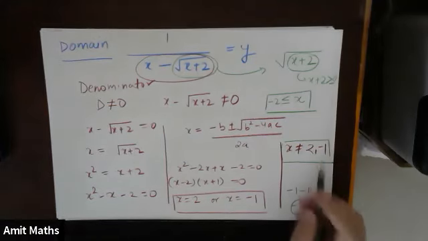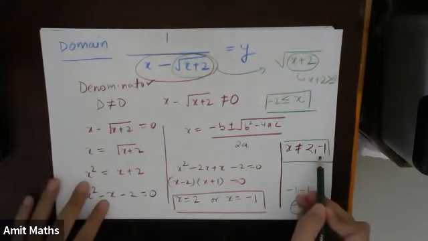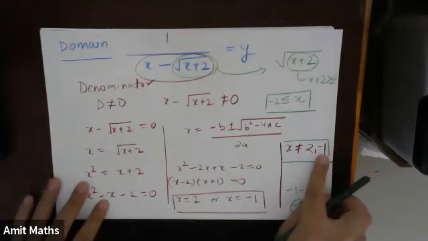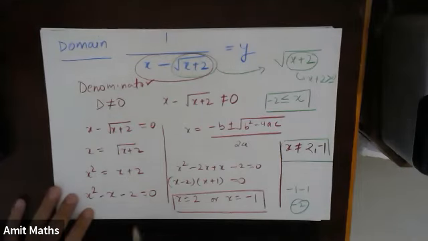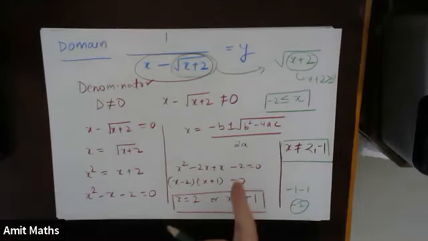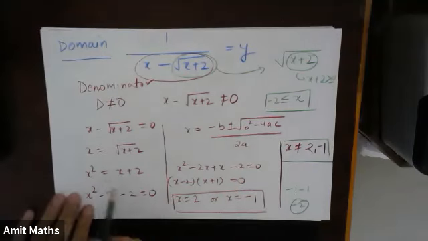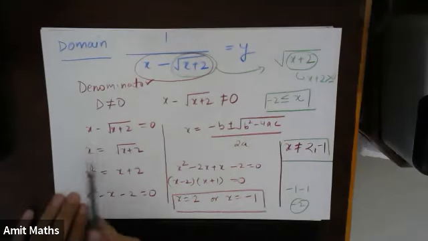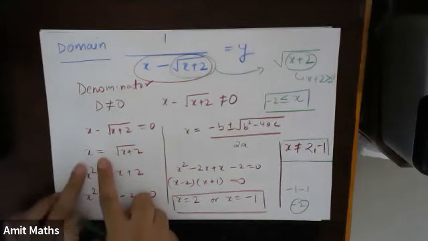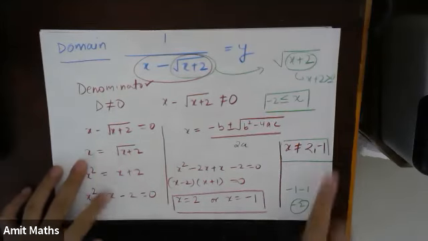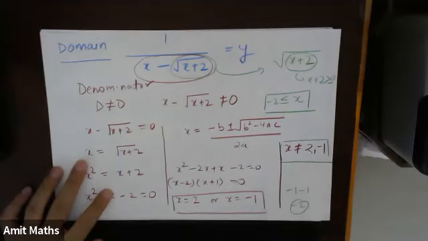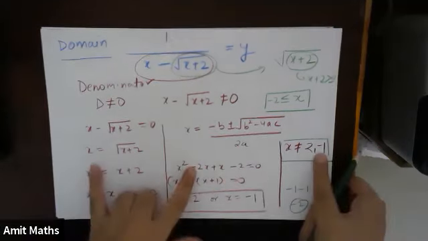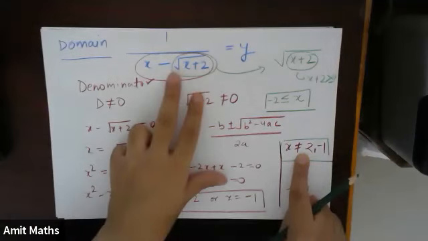Now see, why are we getting this minus 1 as extra? Because we have squared here. By squaring, I am getting one additional root. Understood? When we square, this was a linear equation, where the right side should be positive. So minus 1 I am getting as an extra root. So I have to take care that when I am squaring, I have to check. For 2, I am substituting, I am getting 0.